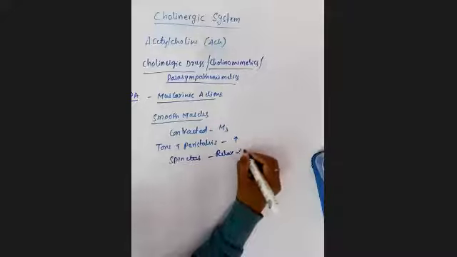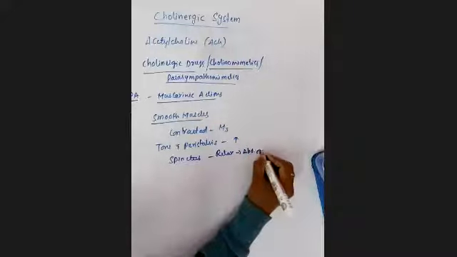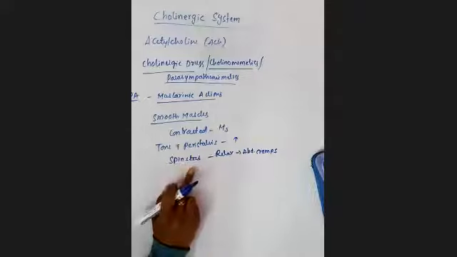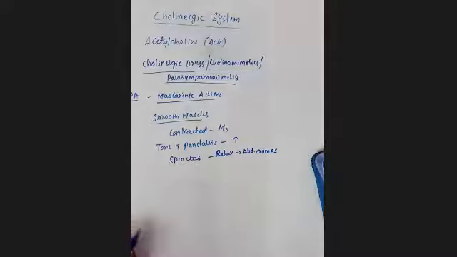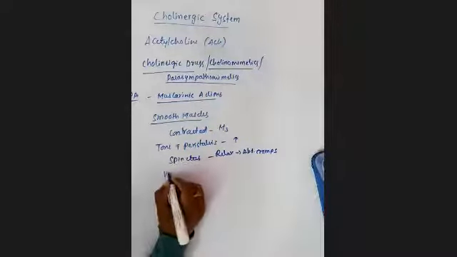Because of that, it may lead to abdominal cramps. There is a difference between abdominal cramps and pains. Clear? Because these sphincters are relaxed by acetylcholine, it may lead to these abdominal cramps. Okay, and